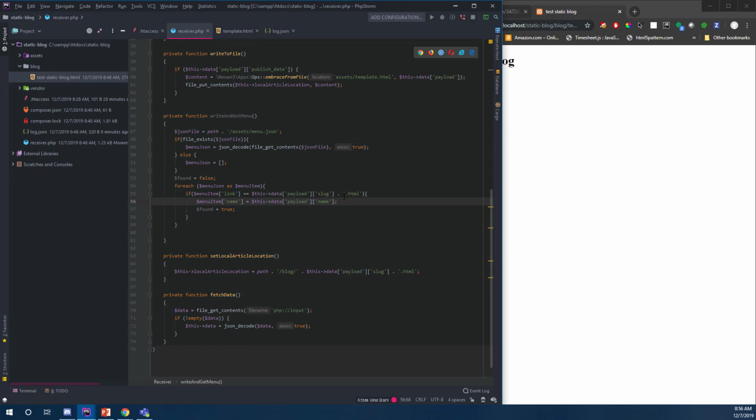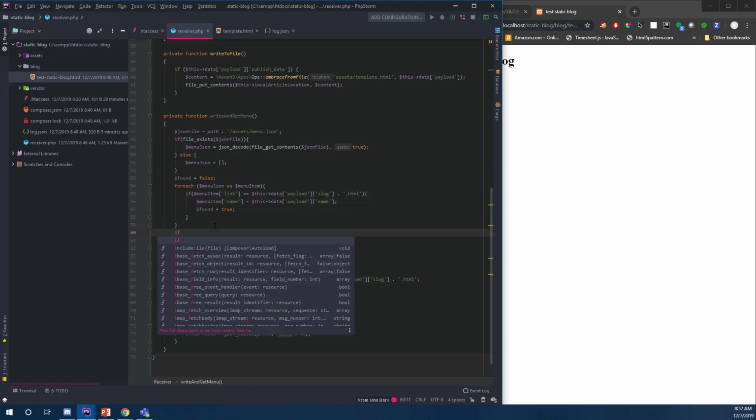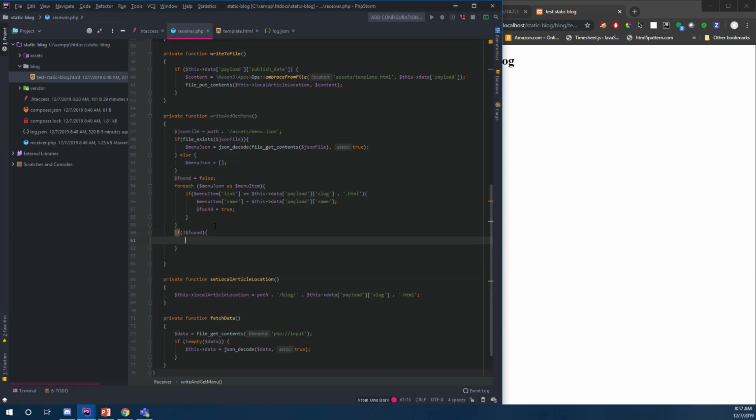That's unique in one set. That's never going to happen. But of course the actual title can change. And then this is why I have the found, right? And say, okay, so if not found, so it's not in the menu, then we're going to add it to the menu. And basically going to say then menu JSON, and here's our actual input here,